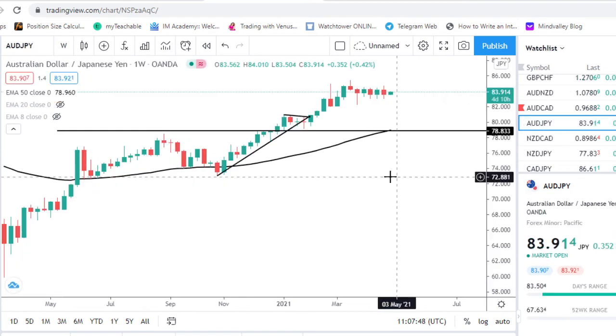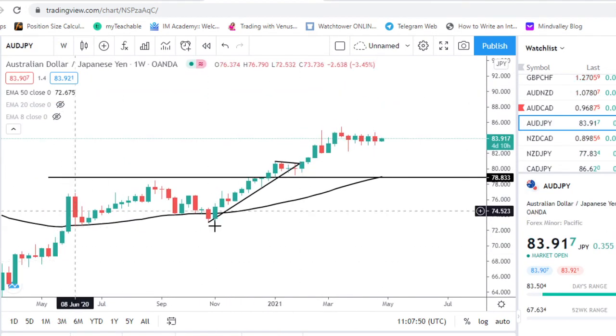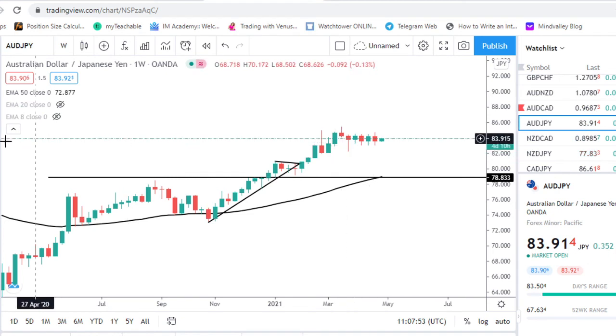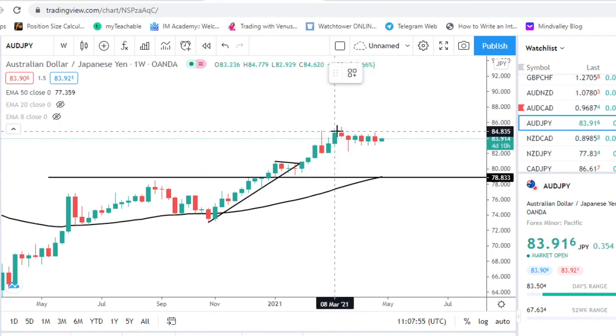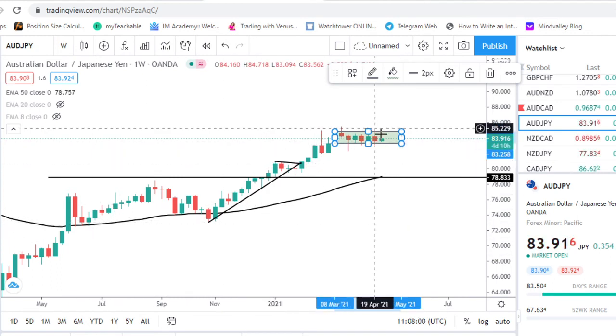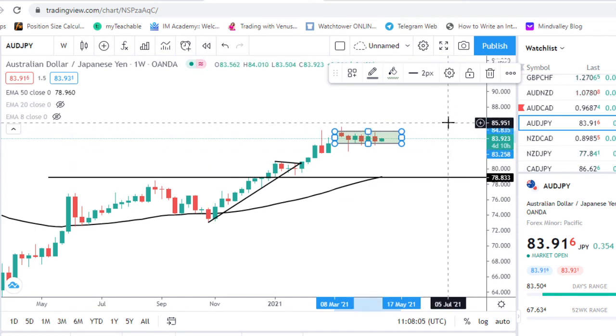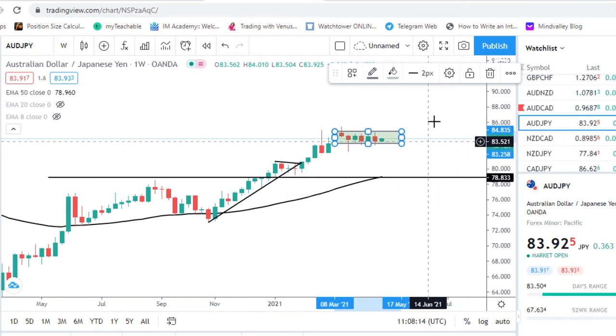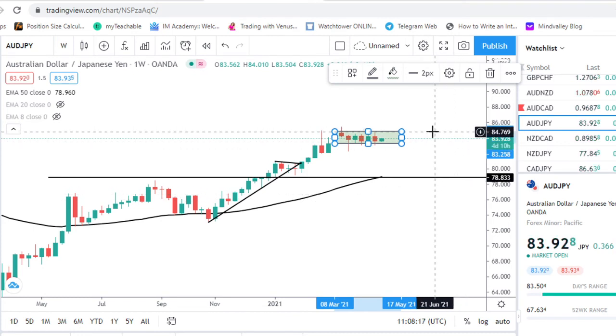Here we have NZD JPY. Neutral bullish. The trend is bullish, but it's been in a consolidation, and we won't take it until we see it outside of this consolidation. But because of the trend, we are looking more towards the bullish area. So if it pushes out of this consolidation and we see it above 84.9, then we'll be looking to buy. Well, anything from 85. Let's just put it that way, from 85. Okay. So it is bullish neutral. That's the bias for this.